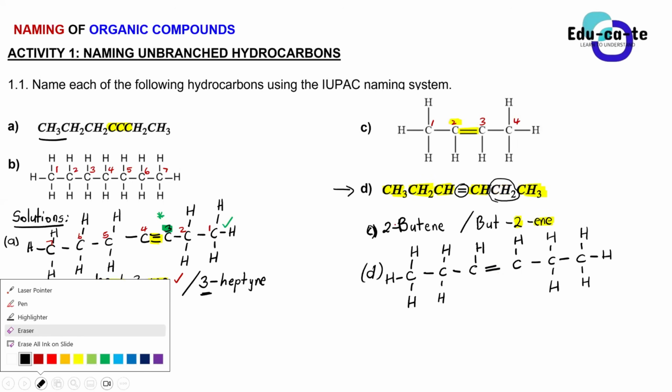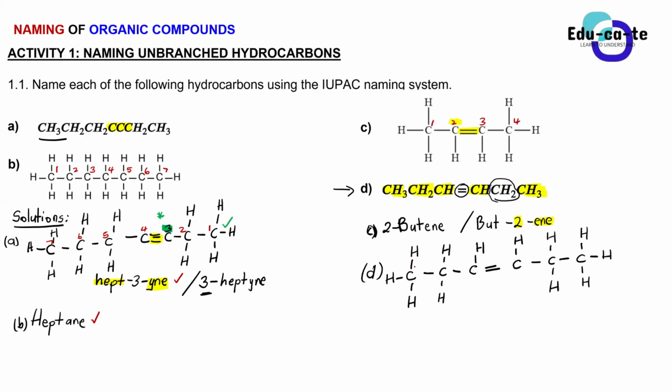Yes, sir. Yes, so we can number from left to right and say this is carbon 1, carbon 2, this is carbon 2, right? And this is carbon 3, this is carbon 4, and then this is carbon 5, this is carbon 6. So we're having 6 carbons. So we know that our name must have something to do with hex. It must have a hex in it. That is the